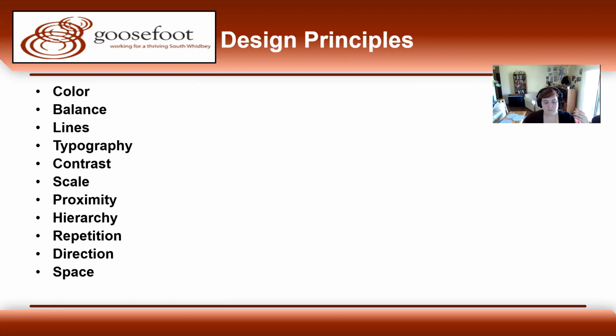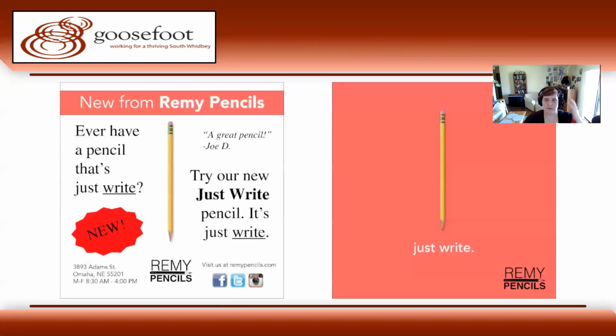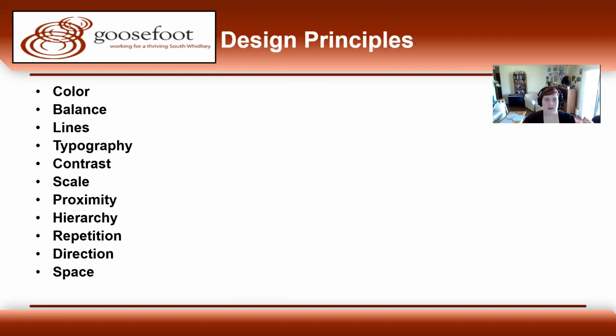But the sizes of things, where they're in relation to each other, your piece works better when it is better balanced. This slide is more visually appealing because it is evenly balanced. Both of the pieces are the same size, they're on the same level, than this slide where everything is tilted to the left. Sometimes it's just what happens, but when you are intentionally designing a graphic, make sure you're focused